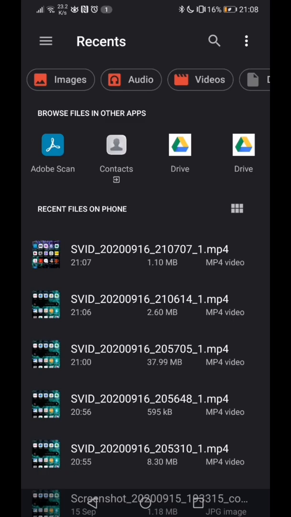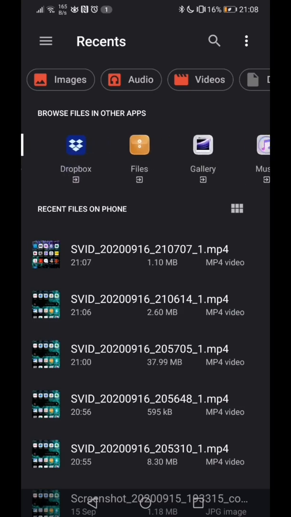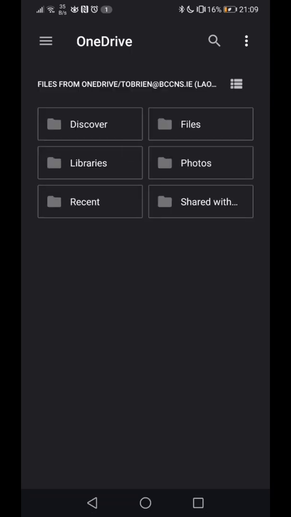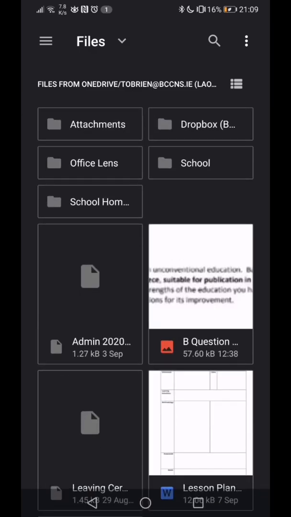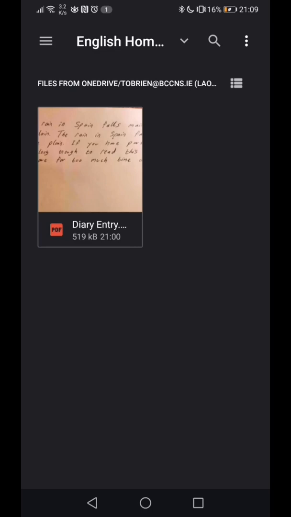So I'm looking at scanning across here through Google Drive, Dropbox, and what I'm looking for of course is OneDrive, and there it is. I'm going to tap on OneDrive and there's a different section. So here I'm going to tap on Files, and there's the folder for school homework. I'm going to open that, and then there's my English homework folder, and when I go in there I can see there is the document that I scanned. So I'm going to tap on that,